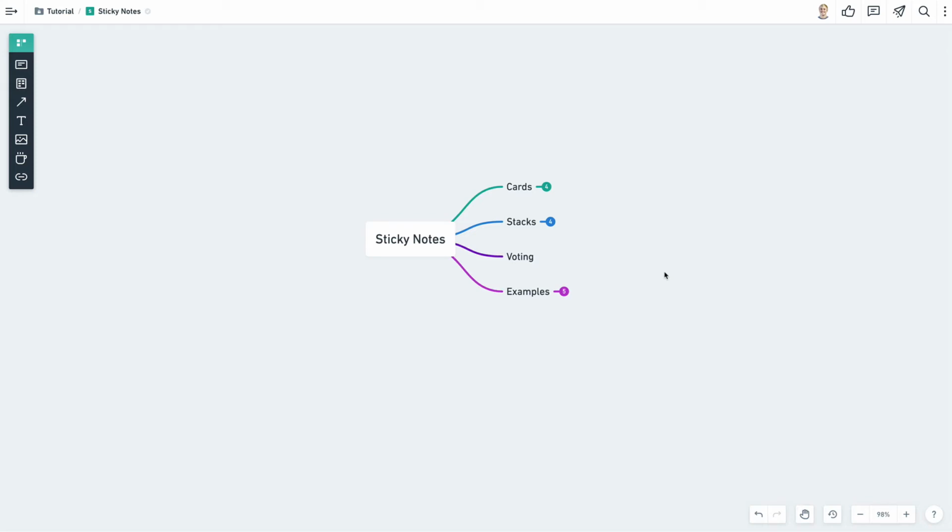In this video, we're going to discuss sticky notes inside Whimsical. We're going to talk about cards, stacks, voting, and examples. Just to orient you real briefly, there is a main toolbar over here that shows you which mode you're in